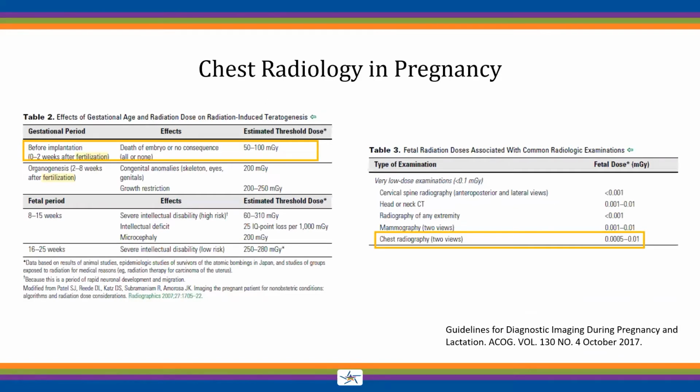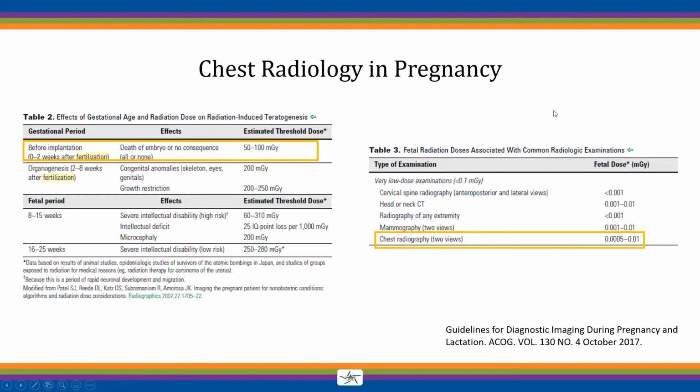So the table on the left of this slide is the threshold exposure risk during the gestational and fetal period. I highlighted the highest risk time period, which is the 0 to 2 weeks after fertilization and before implantation. And if you take the lowest threshold that they reported, it's 50 milligray. If you look at the right-hand side of the table, those are different imaging modalities and the milligray exposure to the fetus. So chest radiography there, even on the higher end, is 0.01